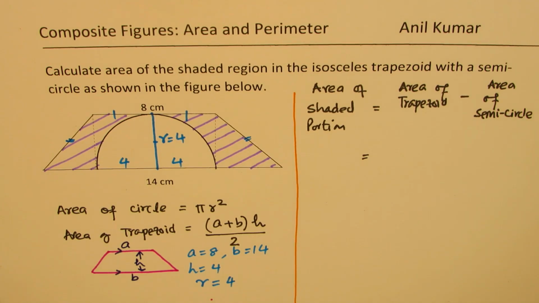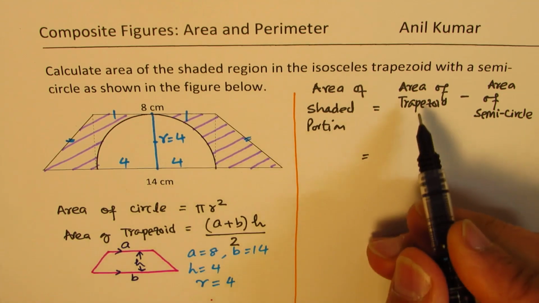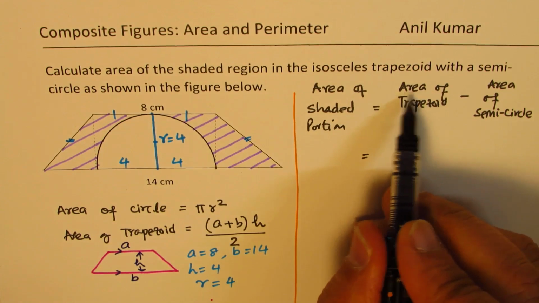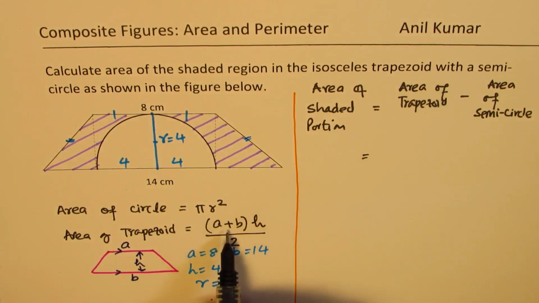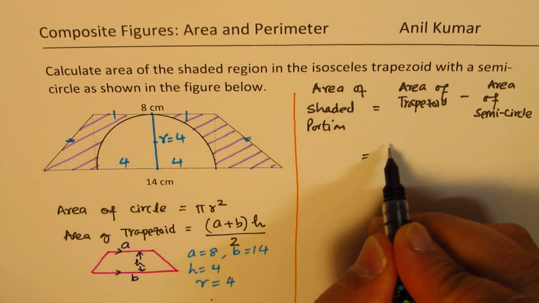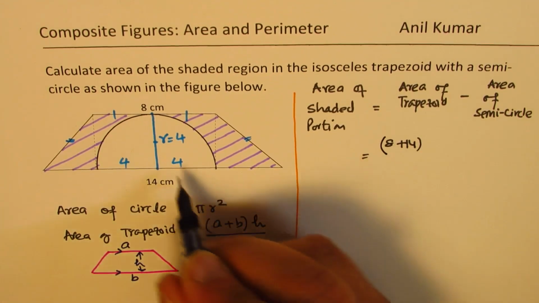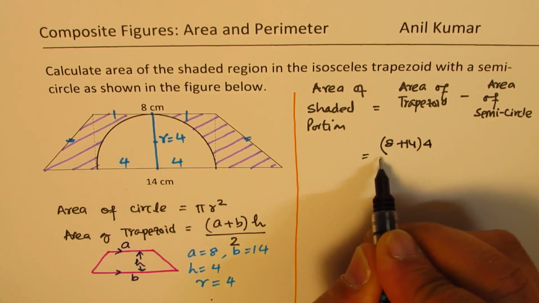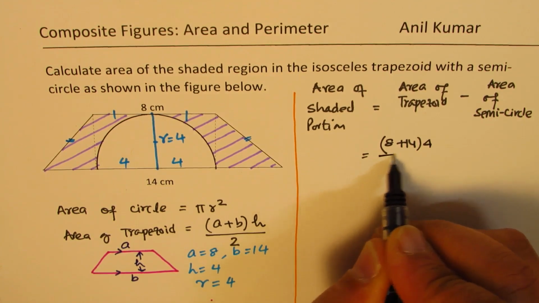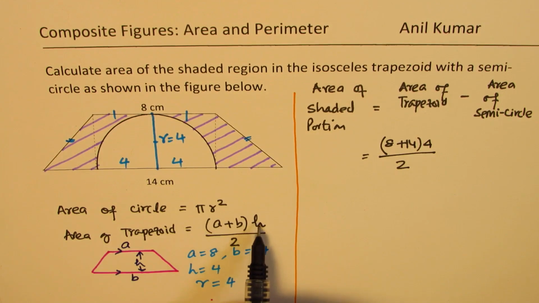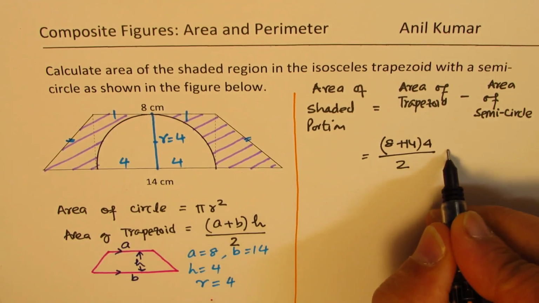Correct? So let's use these values. So area of the trapezoid in this case is going to be, we'll use this formula. So 8 plus 14 times 4 divided by 2, right? So we have used this particular formula, (A plus B) times height divided by 2,